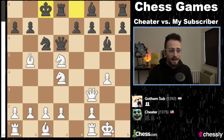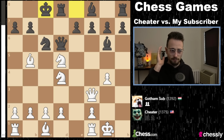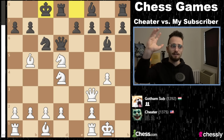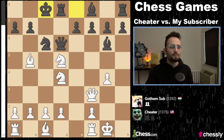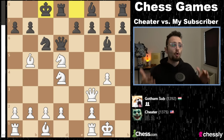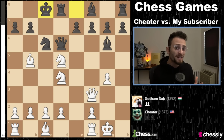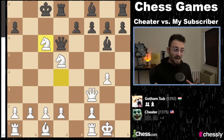Black castles queenside, and white finishes the game with a nasty, brutal, sacrificial ending. There are two ways to win a game of chess when you have an advantage. Simplify everything and win a calm endgame, or absolutely brutalize your opponent and make them want to quit the game of chess. And in this position, white chose the latter by playing bishop takes c6, and then knight takes on